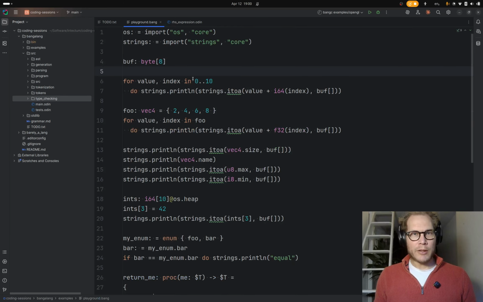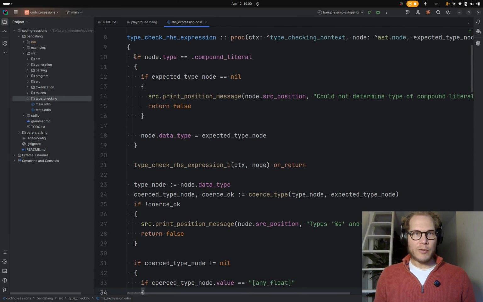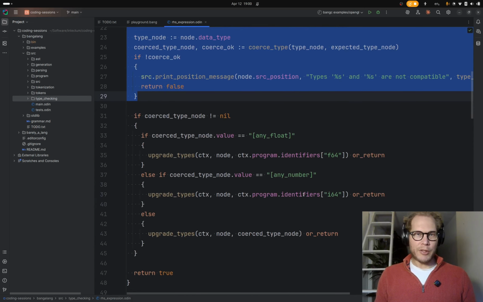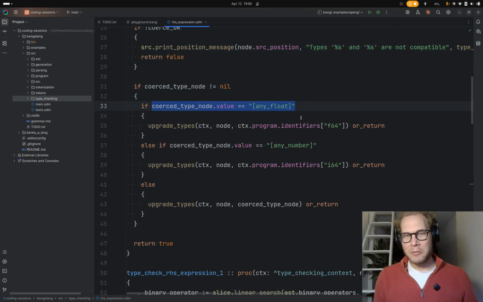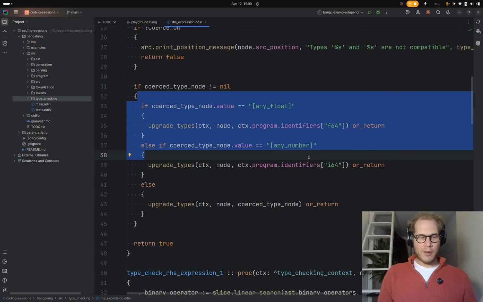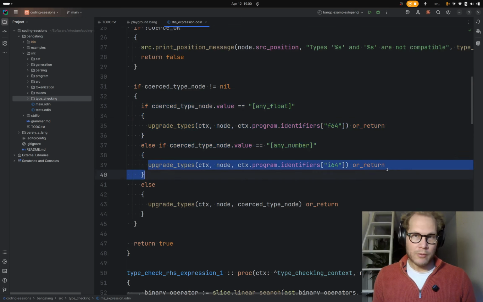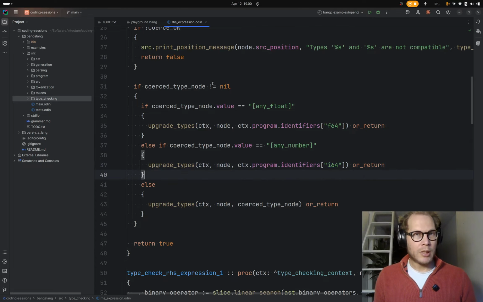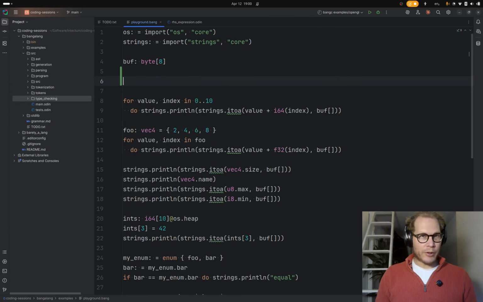Because these are two expressions, if we get to the point where we've done most of the type checking for the expression and we come back and find out that it still is just any float, or any number for integers, I decided let's just upgrade those, just make them a float or an integer, 64-bit, which works great here. The other place that it also works that I didn't think about,